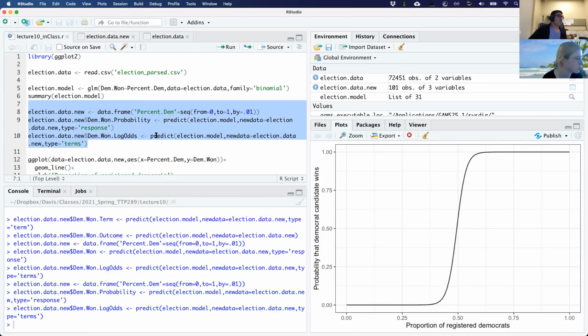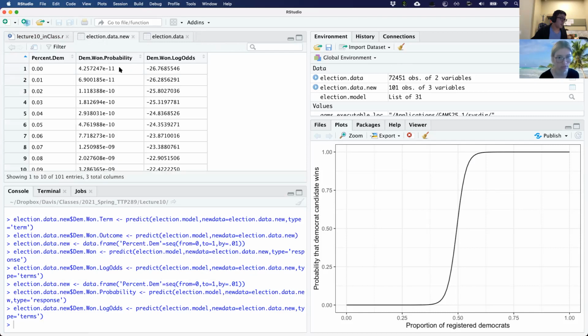Okay, so in the predict function, the two types that you should be familiar with are type equals response and type equals terms. Response gives you the probability outcome associated with a particular X. And then the terms outcome gives the fitted value, which is the log odds ratio at a given value of X.